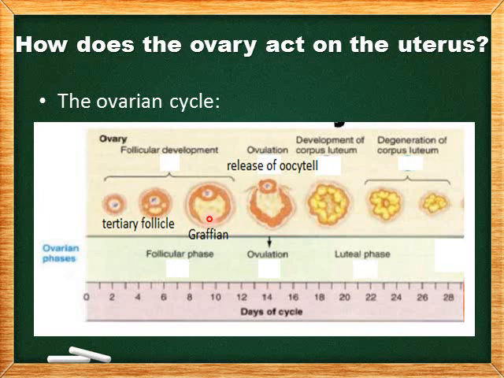When I say Graafian, we can say that it's the mature follicle, containing the oocyte, which is now ready to be released. So, till day 14, which is the day of ovulation, the follicular phase has ended. How? When the Graafian follicle, at day 14, the day of ovulation, ruptures, it has to